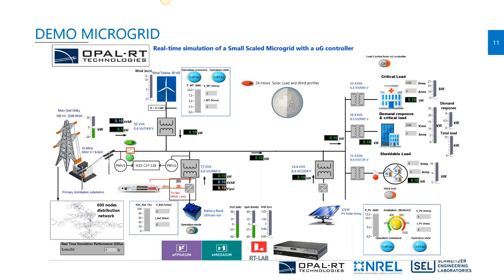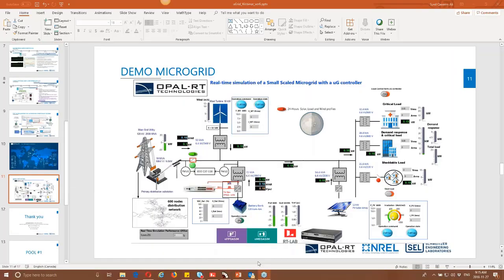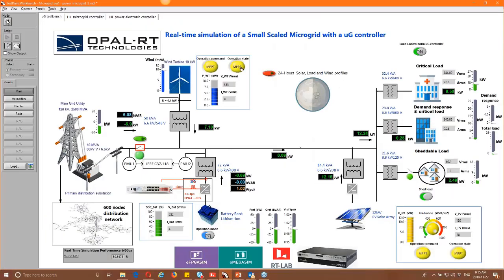It allows you to interact with the microgrid that's running on a real-time simulator in real time. This is a good panel that shows you how systems react to different impedances that you provide the microgrid. But you could also automate this, and this shows a good example of how testing can be done. For example, this microgrid is part of a larger 600 node distribution network. It has a battery energy storage system, a wind turbine, a PV array, and a few different kinds of loads.